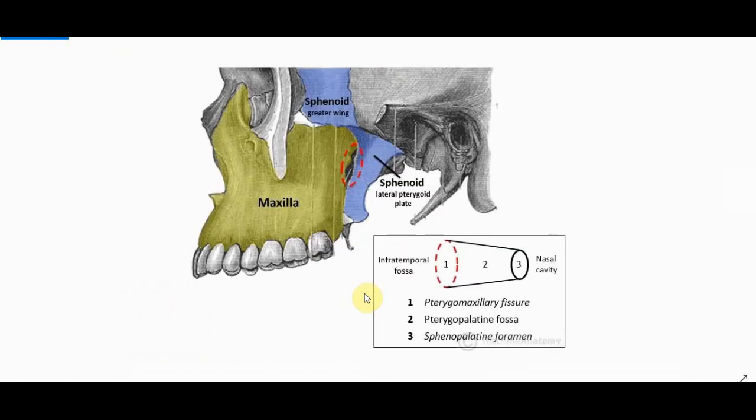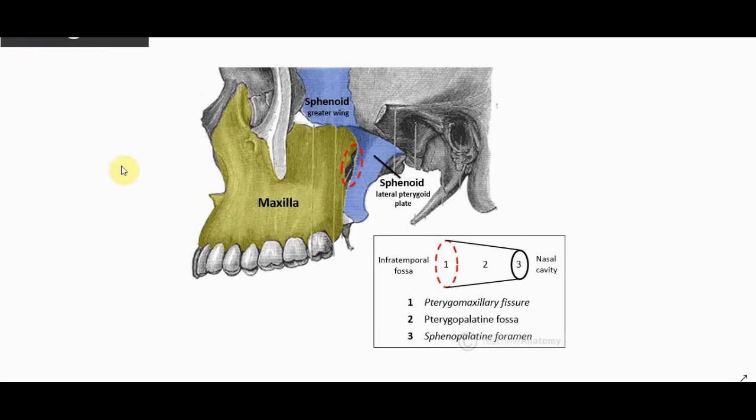So I'll show you something. This part is known as the pterygomaxillary fissure, right? And this is part of the sphenoid bone, the lateral pterygoid plate, and the space between the maxilla and the lateral pterygoid plate is known as the pterygomaxillary fissure, right? I'm hoping this is kind of making sense,